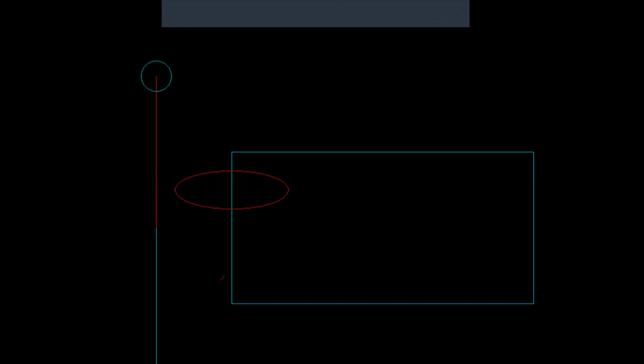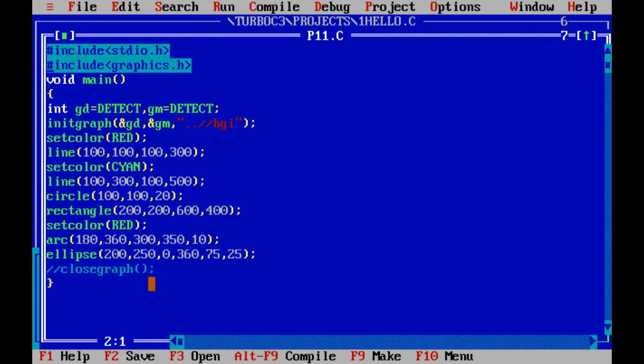If by putting the same angle, I am interchanging the x and y radius, let us see what will happen. You will get one more ellipse.